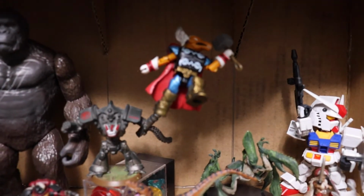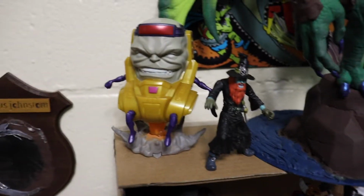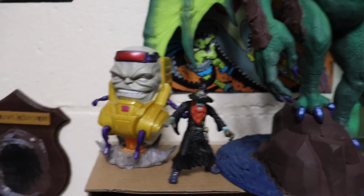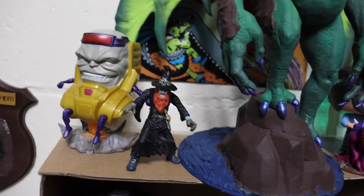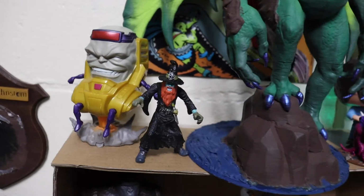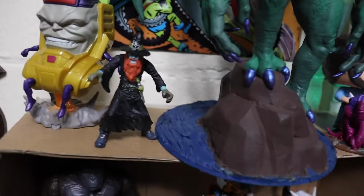One of my favorite Marvel characters. Hopefully he gets a movie someday. Just a Mini-Mates figure I've had for a while. And then up here at the very top, we've got MODOK. I think it was not Disney Infinity, but some other augmented reality game. I didn't play it, but I bought MODOK because, you know, he was a great scale with my other Marvel